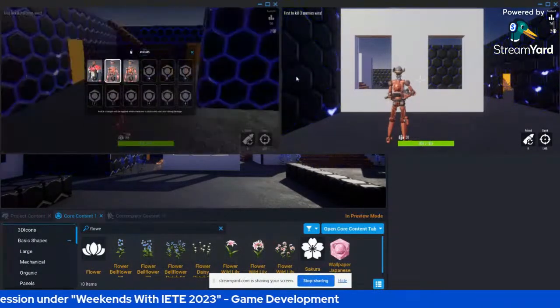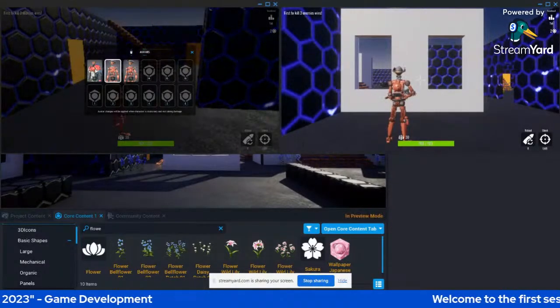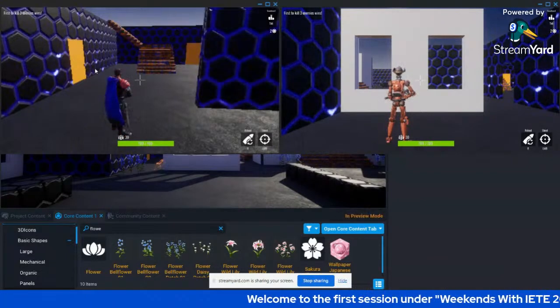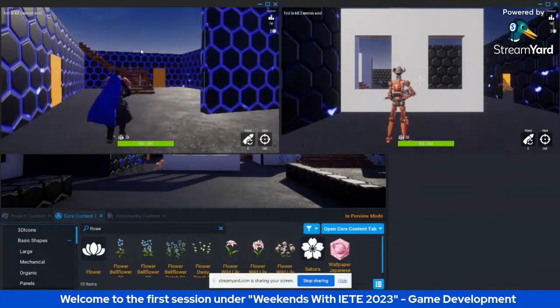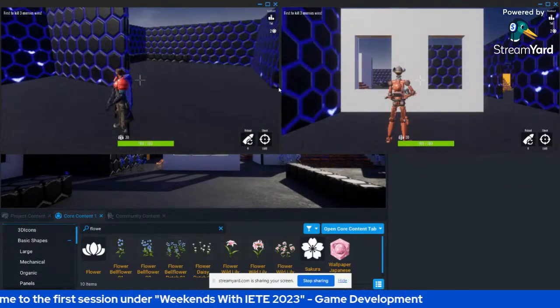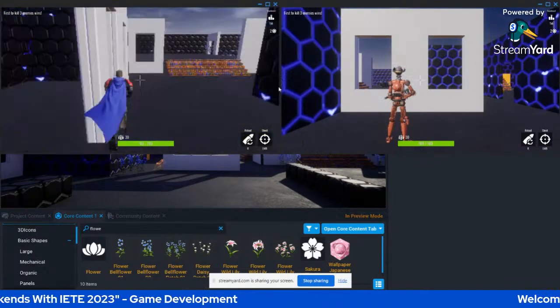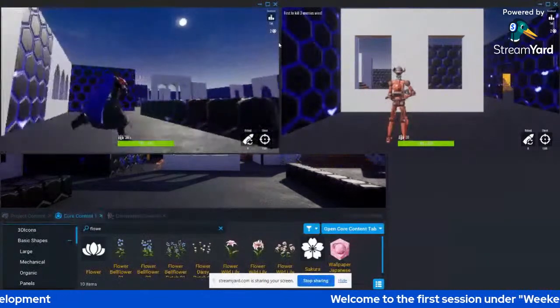Now, I would like to change my character again. Just simply press the key which is just below the escape button on your keyboard and you can change the character. Okay. Now my task is to find my other player, and this is a multiplayer mode.